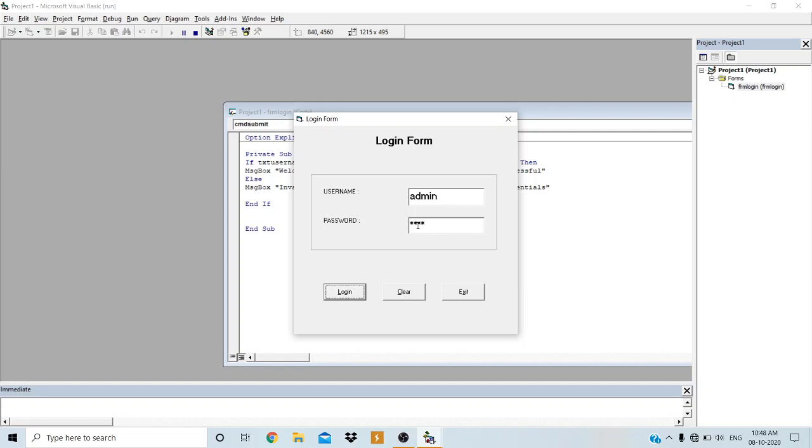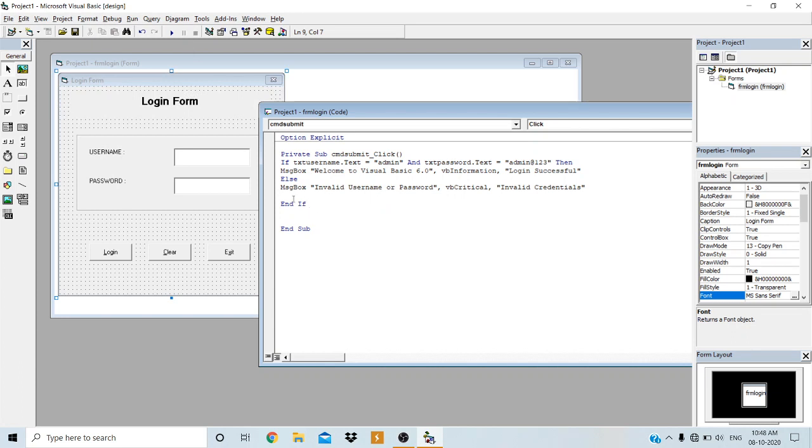Now see here, when I click on OK button, the previous username and password is still present. But when the username and password are wrong and the message appears and I click on OK, the two text box contents must be erased. They must be blank. And the cursor should be pointing on the first text box. So just observe here, I will write the code in the else part.